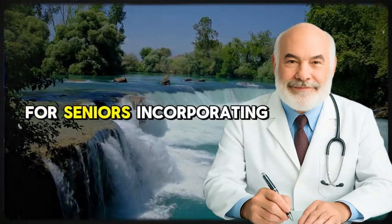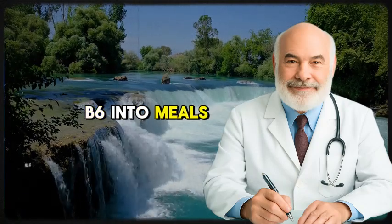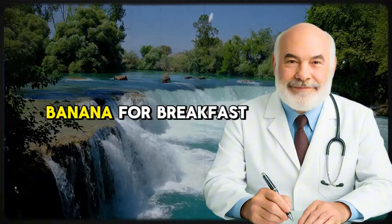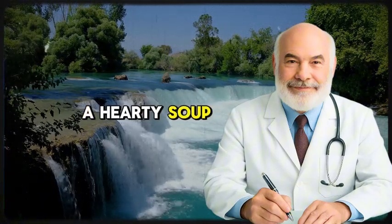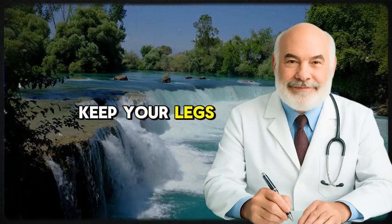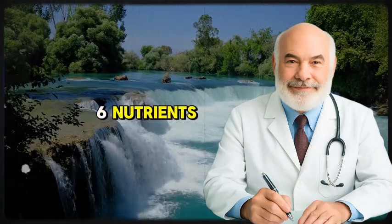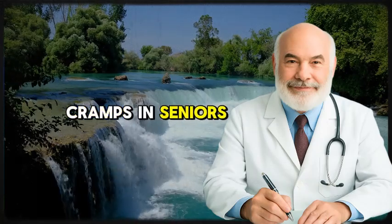For seniors, incorporating B6 into meals is a natural way to support nerve and muscle health. Whether it's a banana for breakfast or chickpeas in a hearty soup, this nutrient helps keep your legs strong and cramp-free. As we close this deep dive into the top 6 nutrients to prevent leg cramps in seniors, let's pause